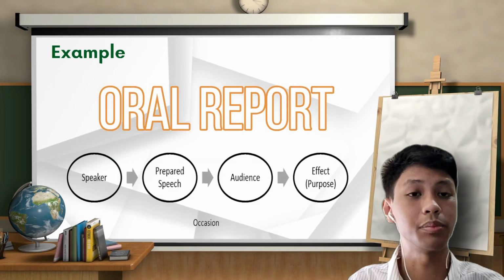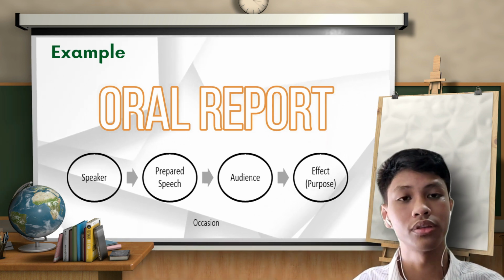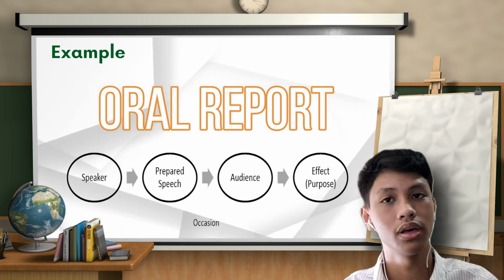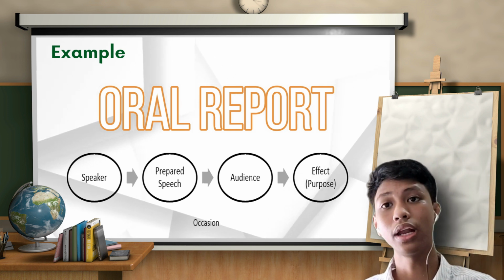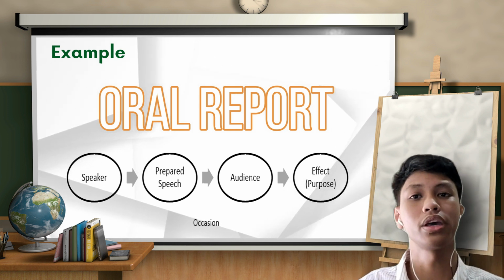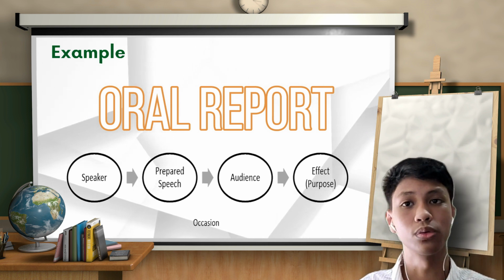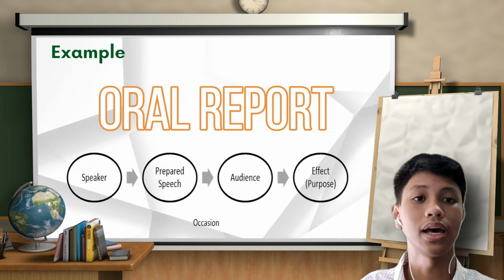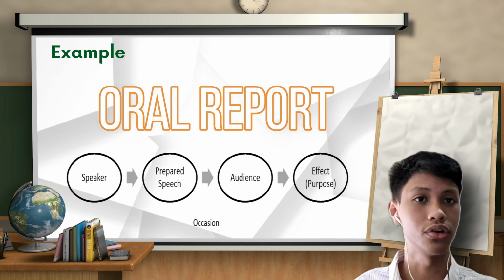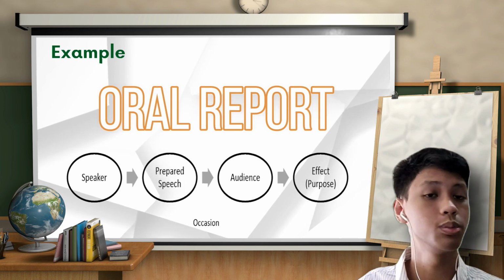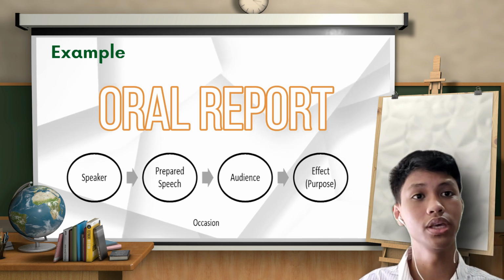So what's the best example I can give which will help me explain Aristotle's model of communication? It would be this recording. And what's the occasion in our example? Since the occasion helps define the other elements, we must always know the occasion. And in our case, it would be an oral report. So the speaker would be defined as the reporter, and then my prepared speech would be defined as a lecture. And the audience or the listeners would be defined as learners,